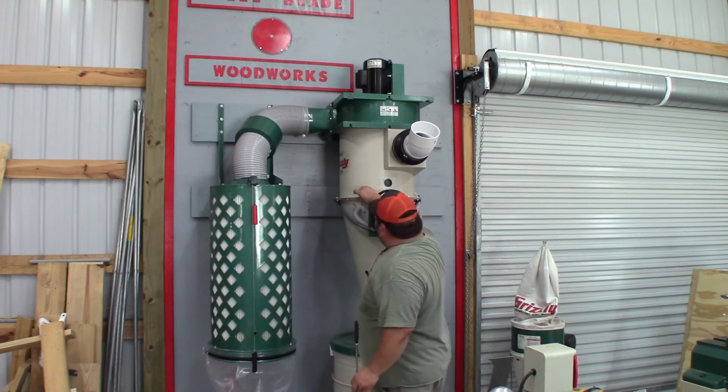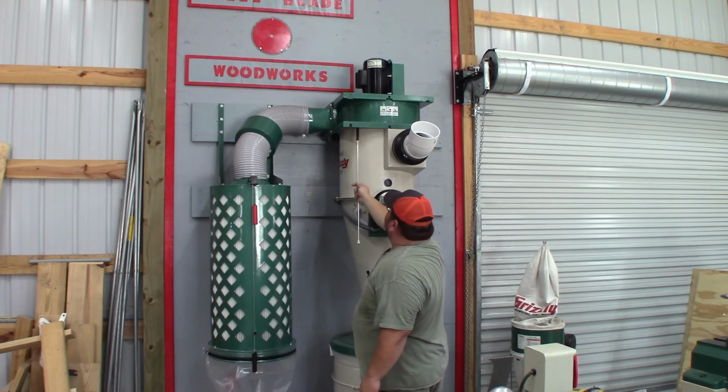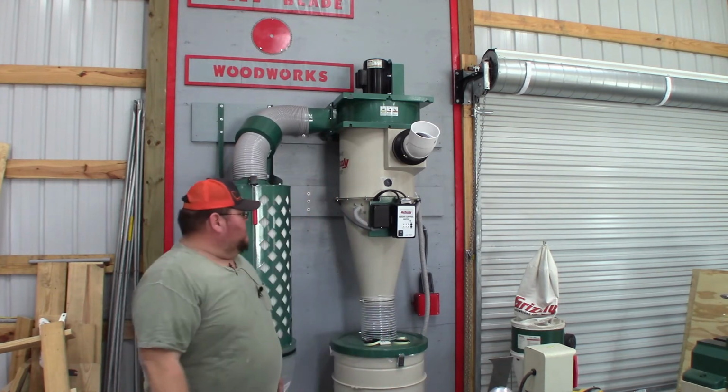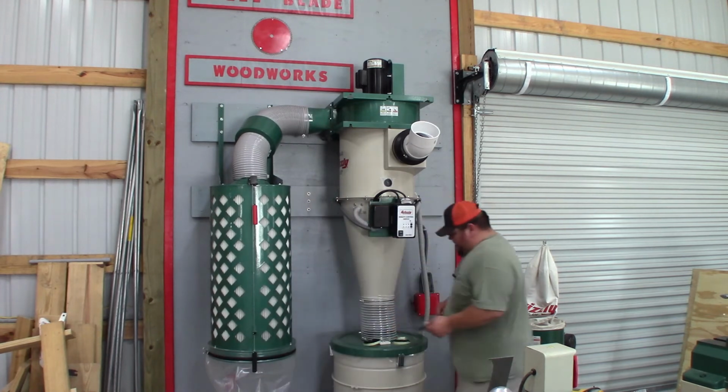In between these two flanges and this upper flange, there's a big rubber gasket. Same thing, same one, they're not different. Just make sure you put those in per instructions. Another thing that I wanted to touch on,